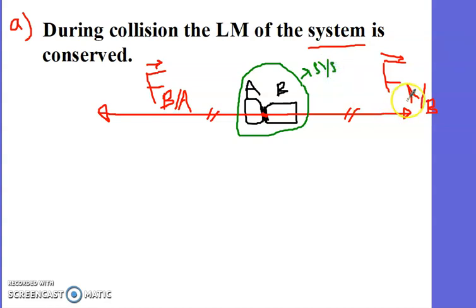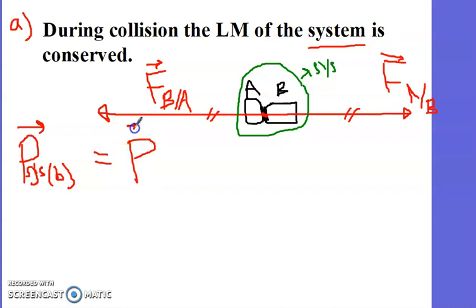The two forces here, FA on B and FB on A, are internal forces. Clear? They are not external. And so the sum of external forces is zero. So the linear momentum of this system, as I said, is conserved. So P of the system before collision, emphasize here on system, is equal to P, which means the linear momentum of the system